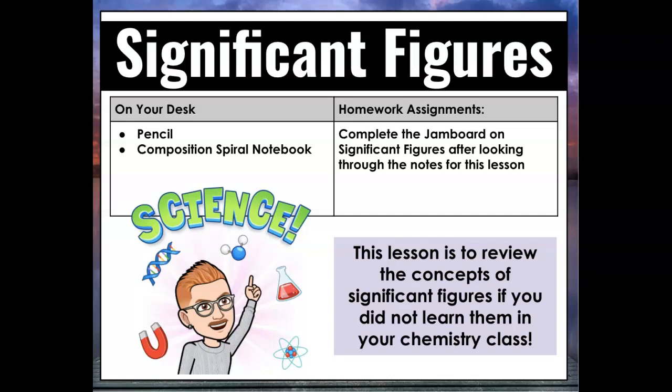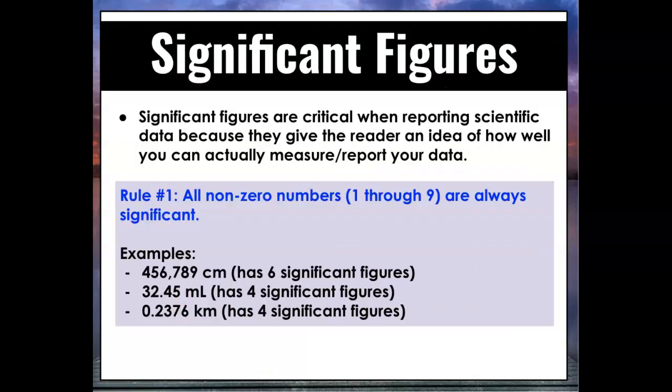There are a total of 6 rules of significant figures. Significant figures are critical when reporting scientific data because they give the reader an idea of how well you can actually measure and report that data. Rule number 1: please know that all non-zero numbers, meaning 1 through 9, are always going to be significant. Some examples I have here: